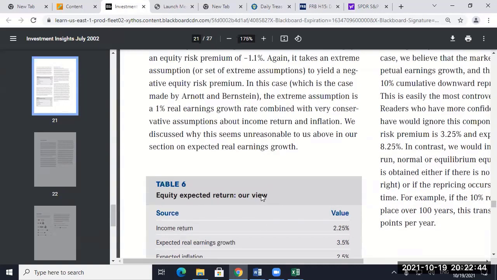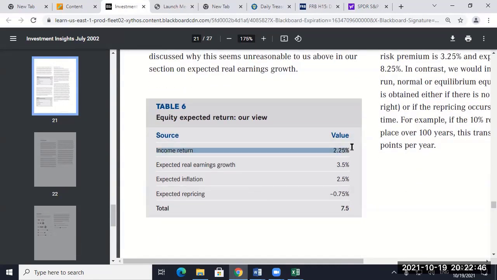But all right, so essentially what you're going to do in this paper is come up with, I'm saying these three assumptions. I'm going to say completely ignore the repricing. I don't think that's important. So the income return, I'm going to give you a paper to help you with the stock buyback argument. Earnings growth, we're going to tie that to the economy. So I'll show that. Some of you have had me before and have seen how we do that. And inflation, you can use the target from the Fed, or you can use the forward curve and come up with it. So we'll go through those pieces.